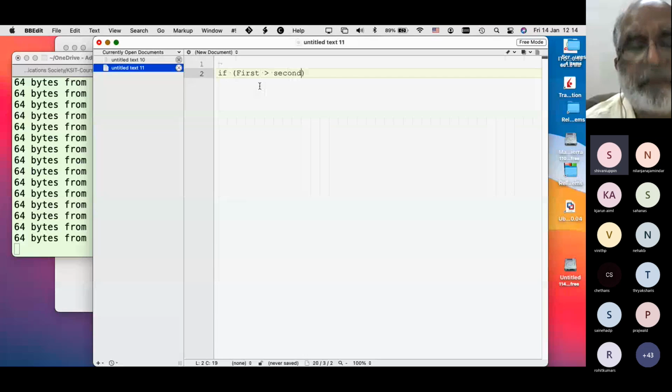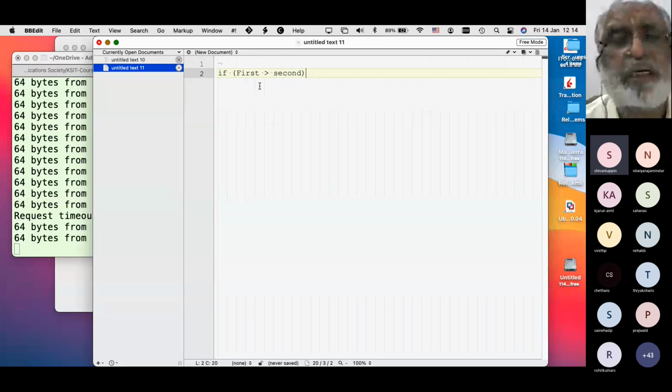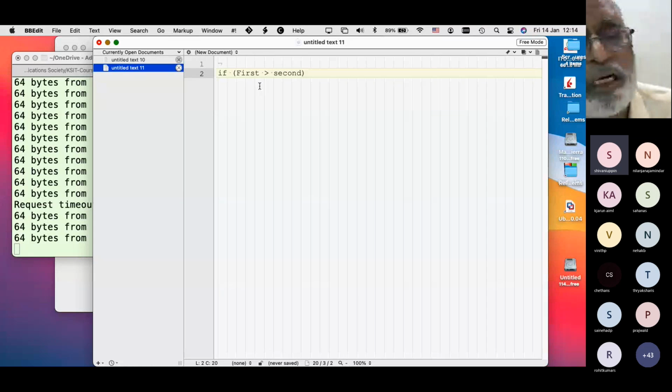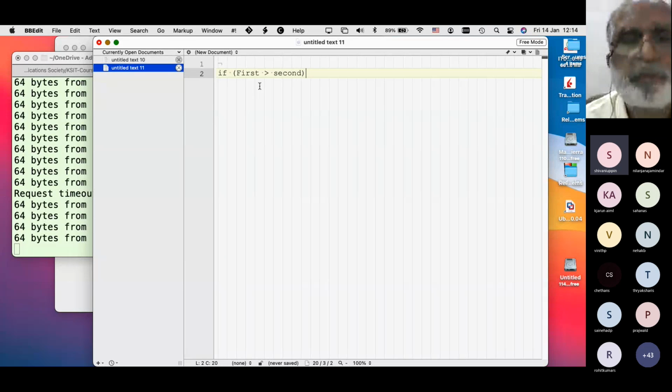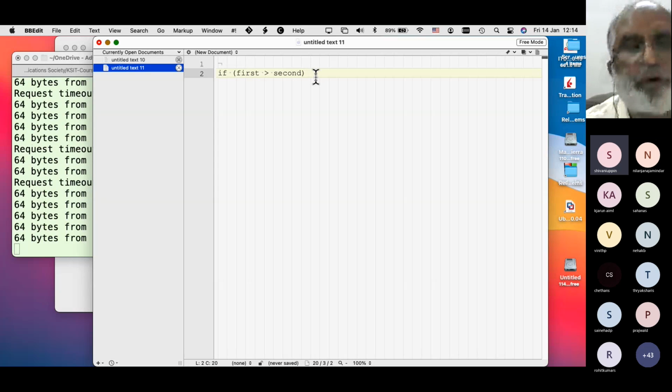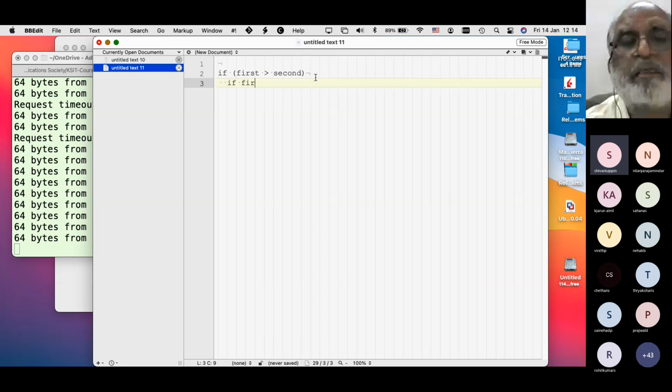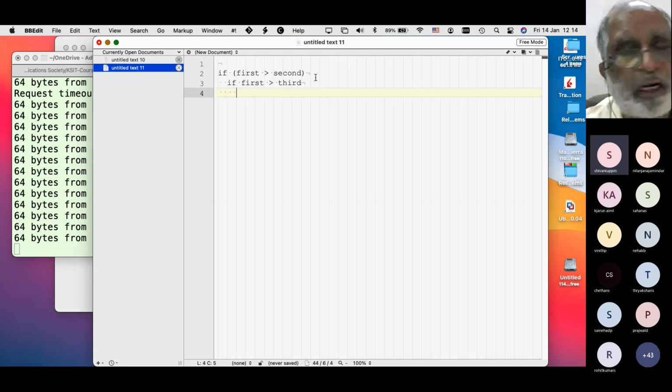If first is greater than second, I'm giving a simple logic, then we look at the syntax part of it. That means first is bigger than second, so second cannot be the largest. Then inside, I can do if first is greater than third, that means first is the largest.